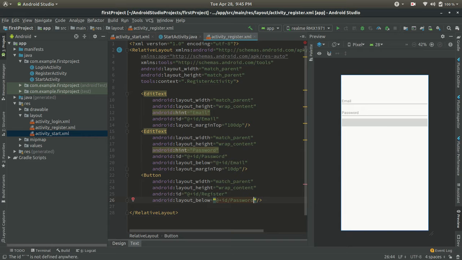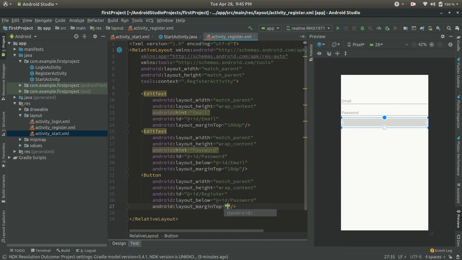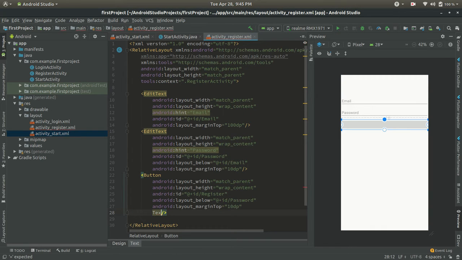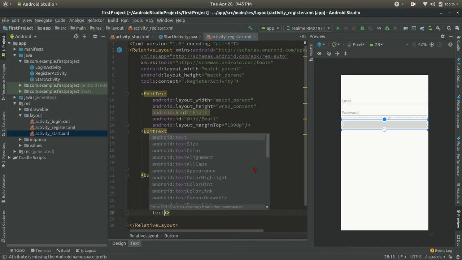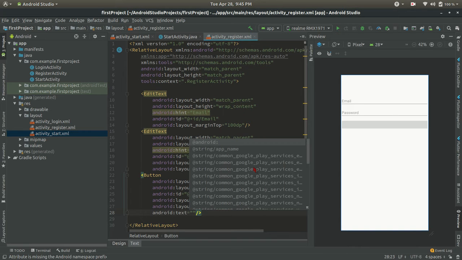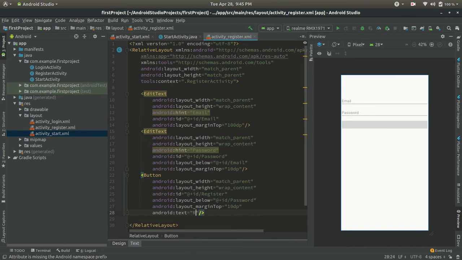So you can see here it's given. Now just give the margin top is the 10 dp. Now give the text. So text will be the register. So you can see layout is completed.